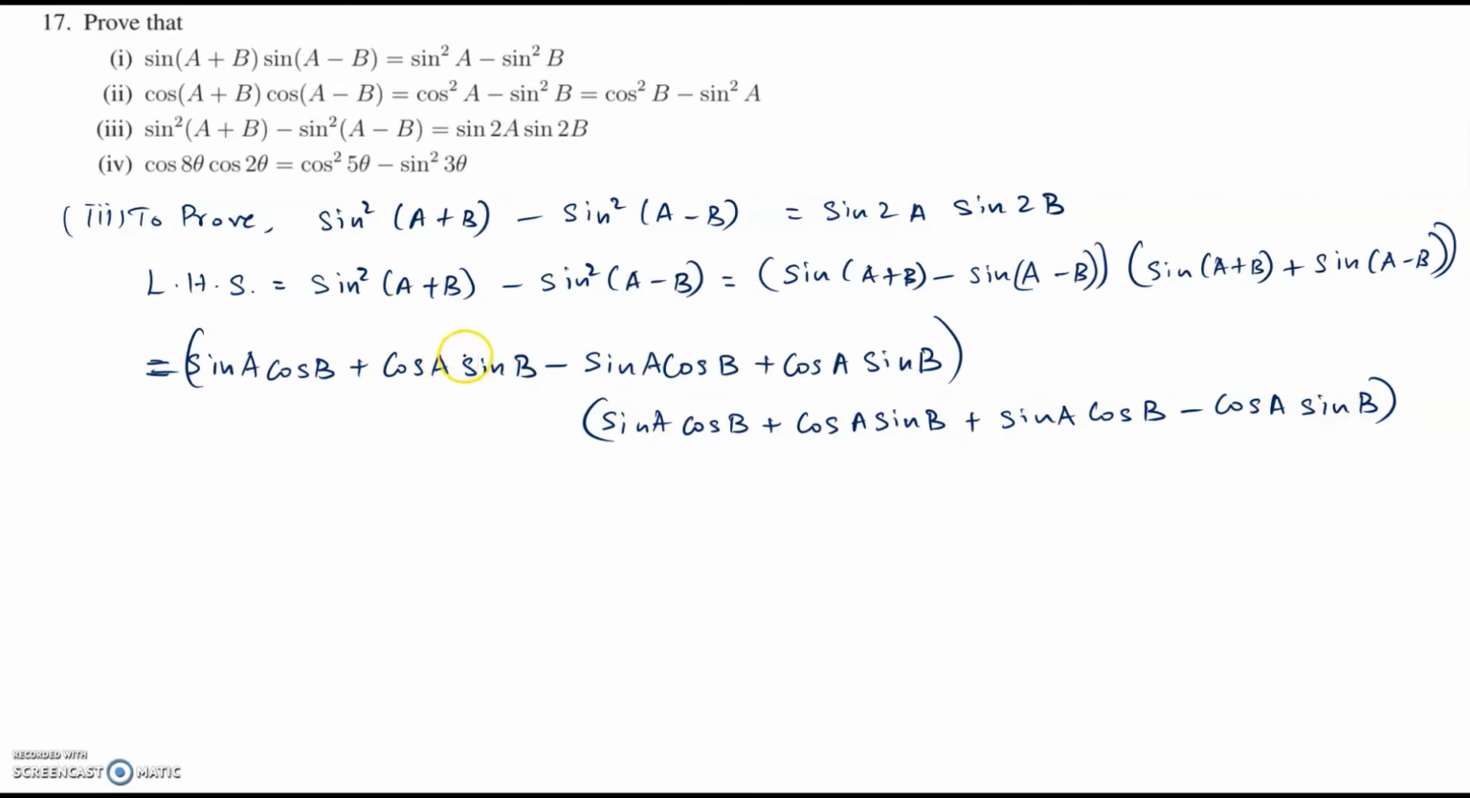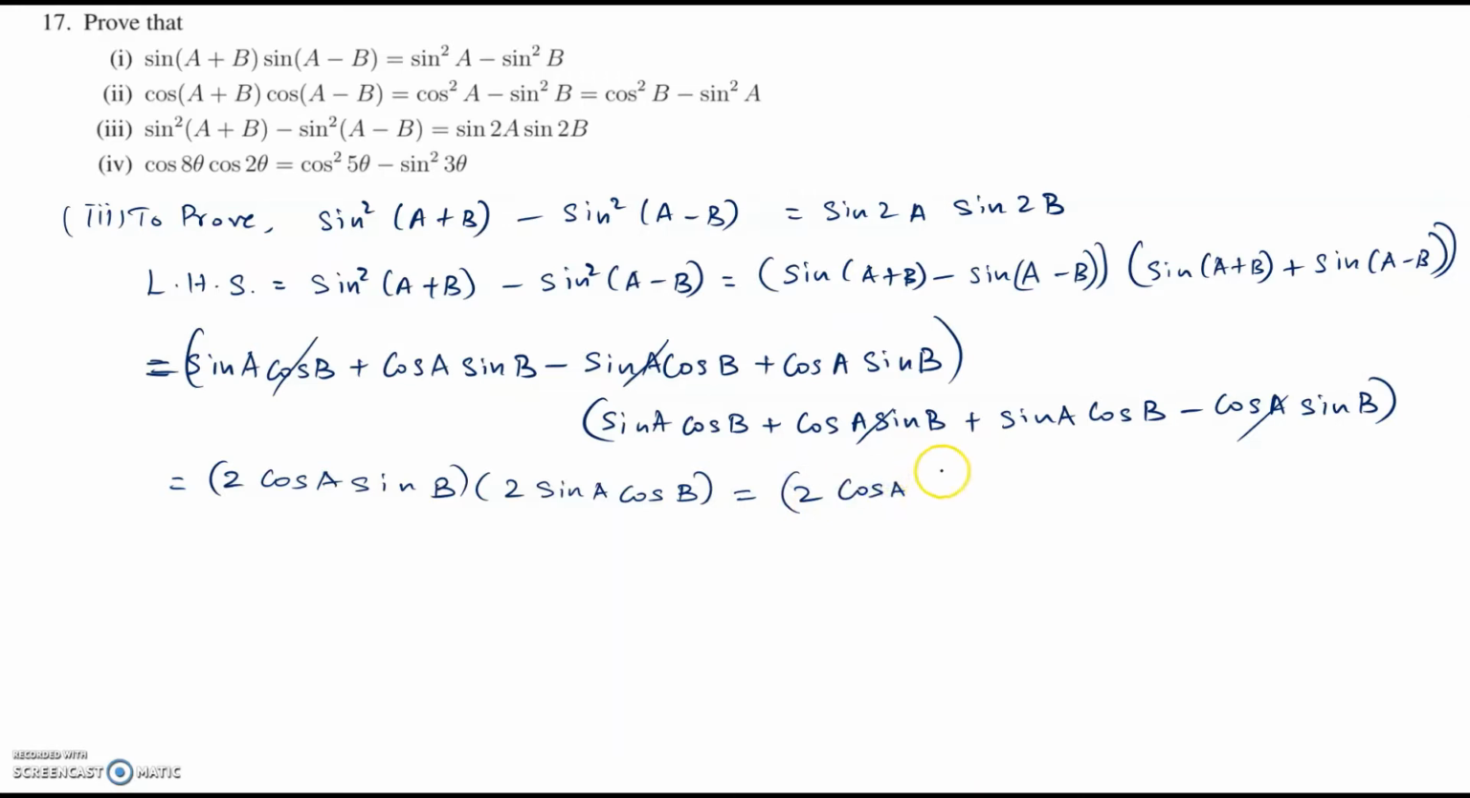So here we can simplify. These two terms will disappear, and here these two terms will disappear. This is equal to, here this term would be 2 times cos A sin B, and this term would be 2 times sin A cos B. Now we can rearrange this as 2 times